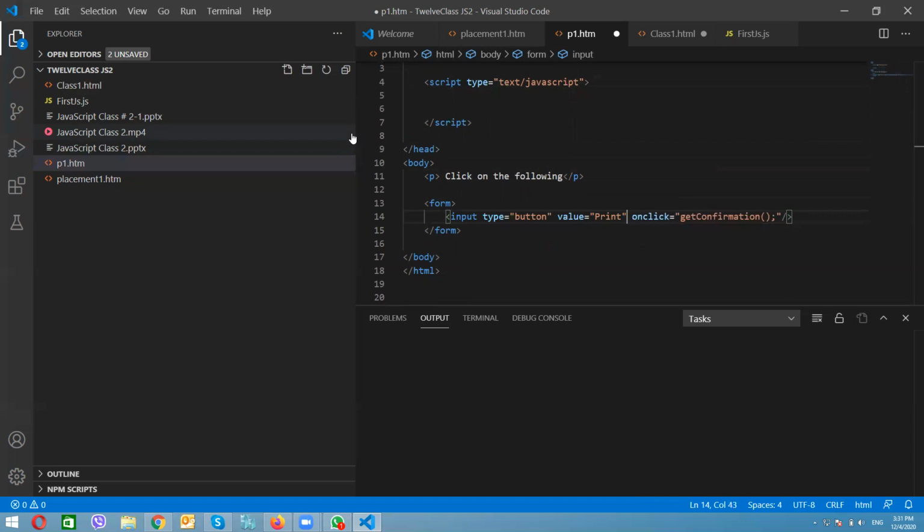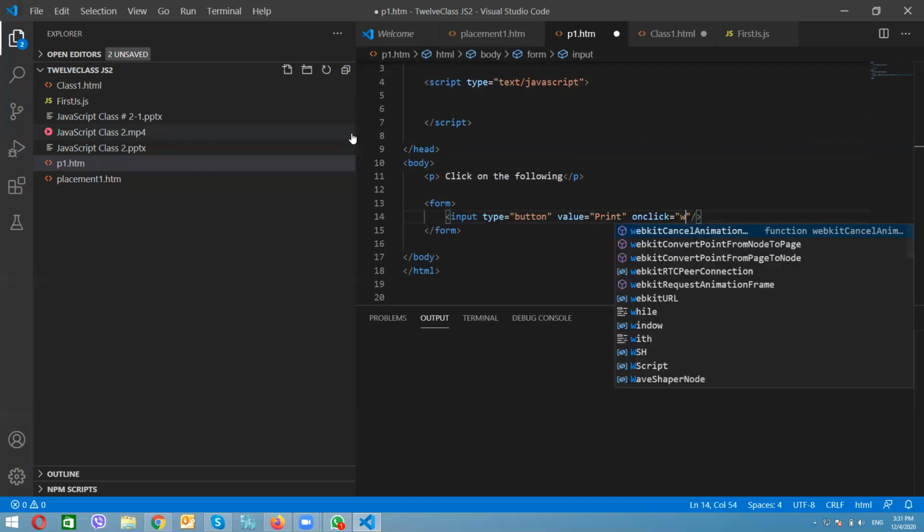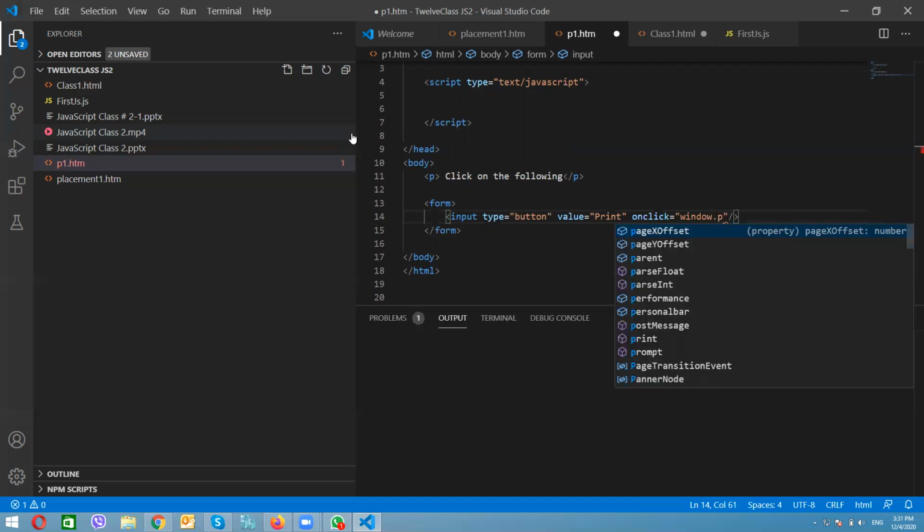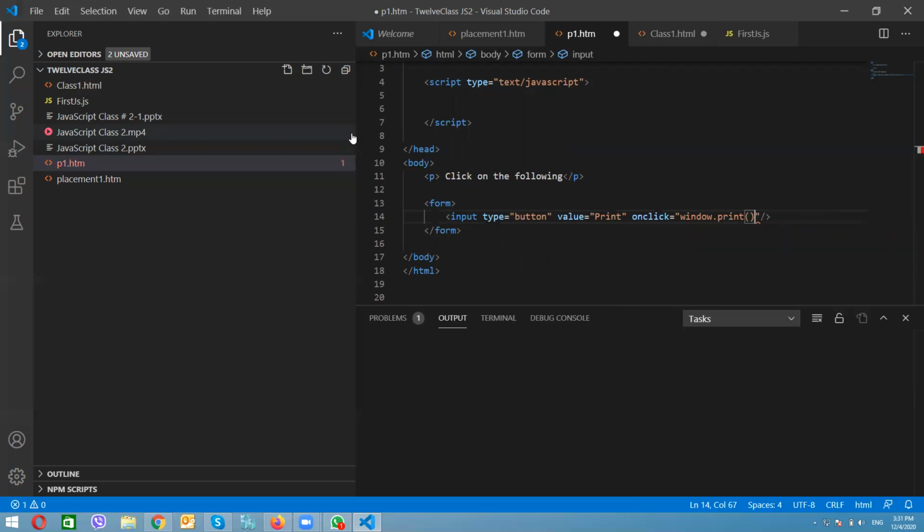And on click, there is one command which we call window.print. I close this one like that, and I close the form.